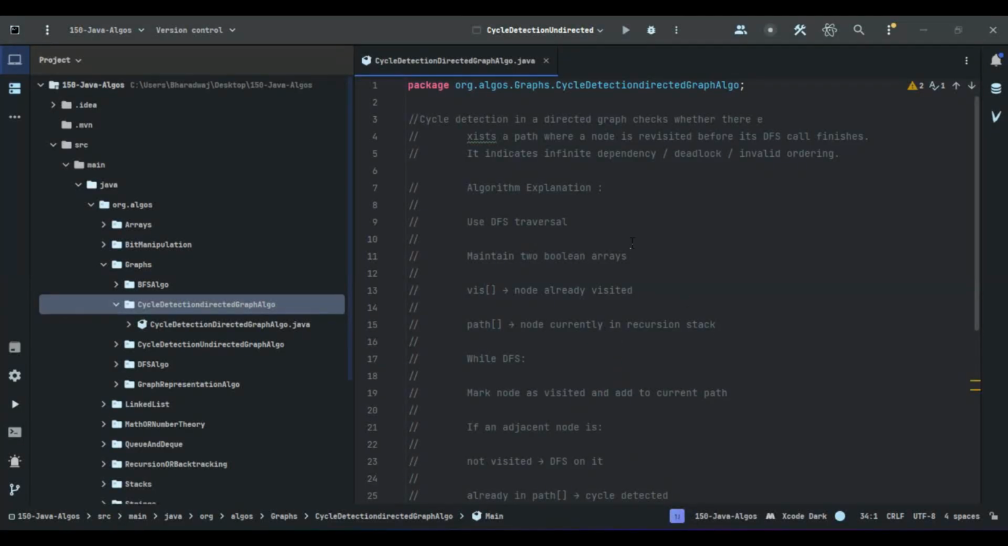Hi everyone. Today we'll be discussing the topic of cycle detection in a directed graph. We have already discussed the algorithm for cycle detection in an undirected graph. Now today we'll be discussing cycle detection in a directed graph. What it does is check whether there exists